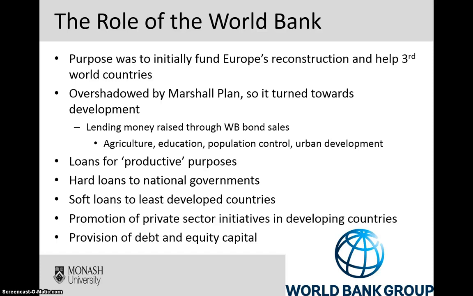So instead they turned towards development, and it was especially the case in a lot of these third world developing nations. That involved things like lending money, which had been raised through the sale of World Bank bonds on the international capital market. So this enabled them to help fund development for a lot of the poorer countries with regards to industries like agriculture, education, urban development, these key infrastructure related industries that help set up these poorer nations longer term. They were happy to provide loans for productive purposes in particular, so actually that would have long-term benefits for